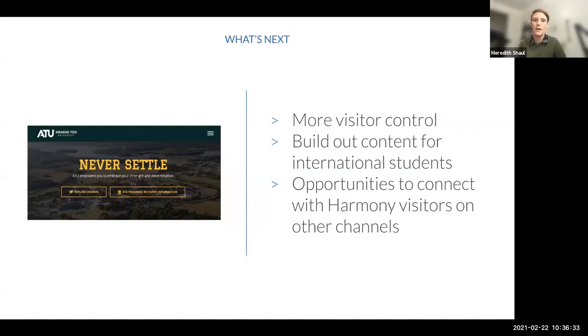So when we talked about self-service options a few slides ago, we made it so that site visitors could have more control over how much help they received. Some people want the full walkthrough, not everybody does. We also built out content for international students to collect some more information to better serve them with their needs